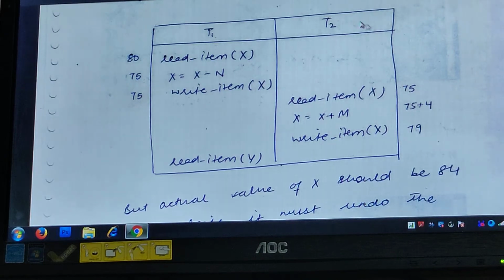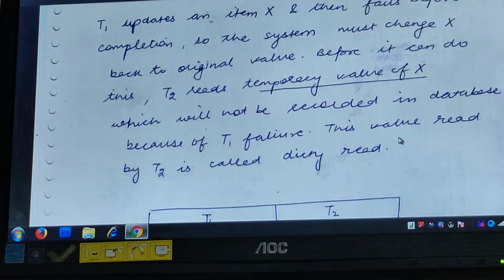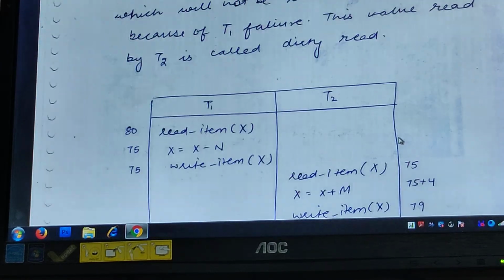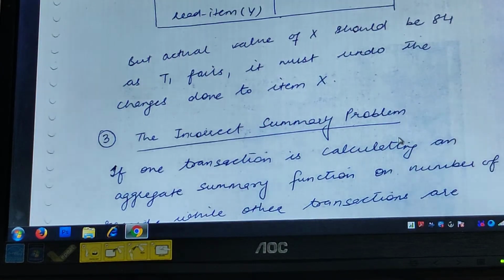But T2 has read the updated value, which has again made the value of item X incorrect, that is 79, right? So this is known as the incorrect read or the dirty read problem, because a wrong value, a dirty value is read by a transaction because one of the transactions which has updated the data item has failed.